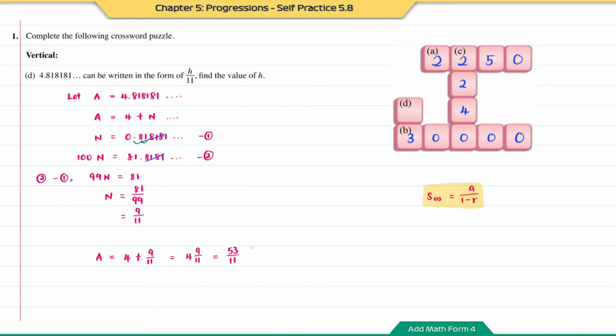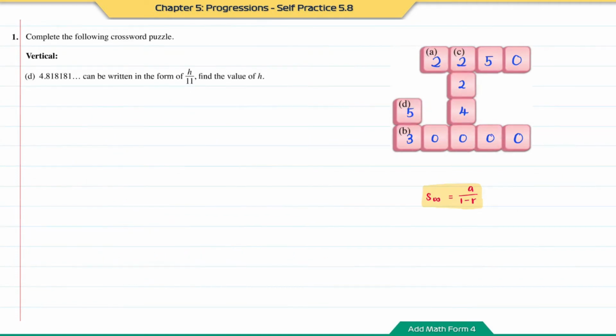And when we compare it with h over 11, therefore the h is equal to 53. So for the vertical D, the answer will be 53. For vertical D, another method is for this